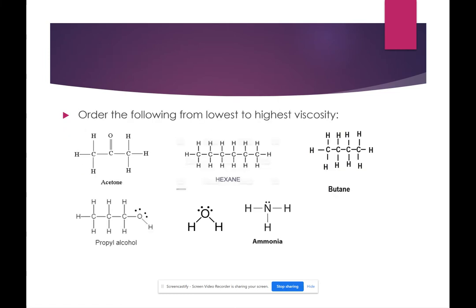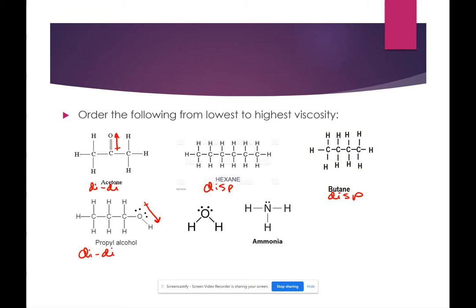So if we were ordering these from lowest to highest viscosity, of course, the first thing we would have to do is determine the forces in each. So acetone, we just talked about, has that little dipole moment there, so it is dipole-dipole. Hexane and butane are both nonpolar, so they're both just dispersion forces. Propyl alcohol, we have a dipole moment right there, so it's dipole-dipole,